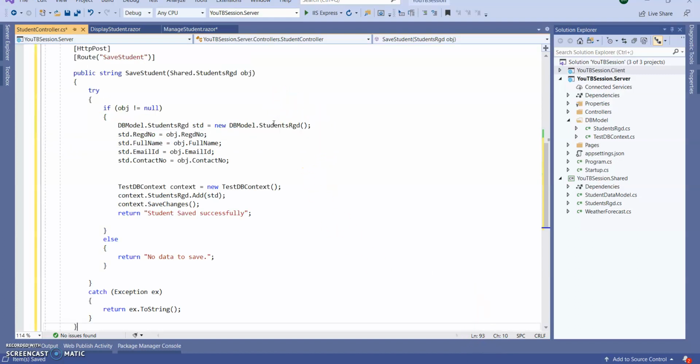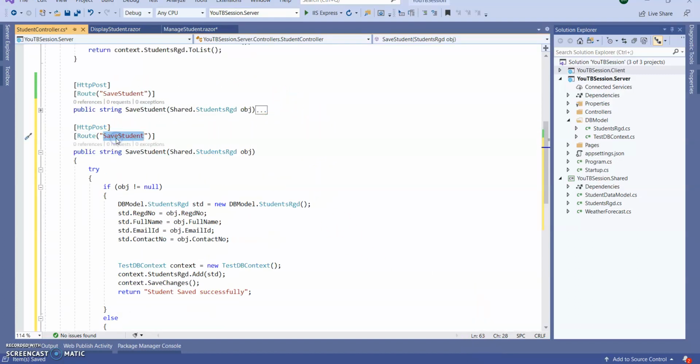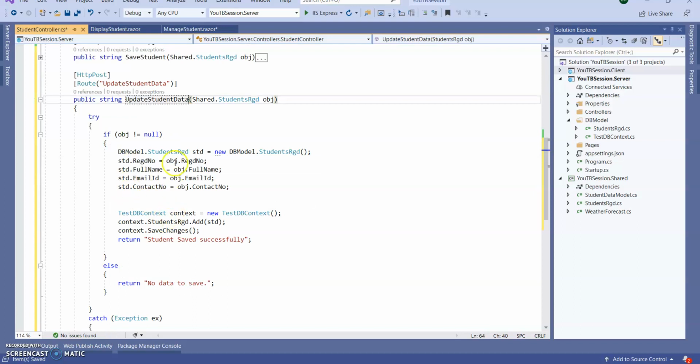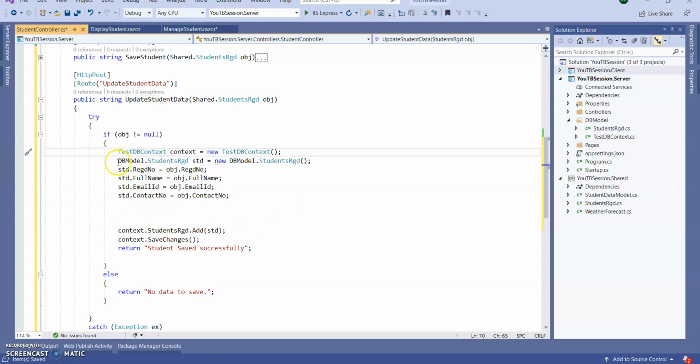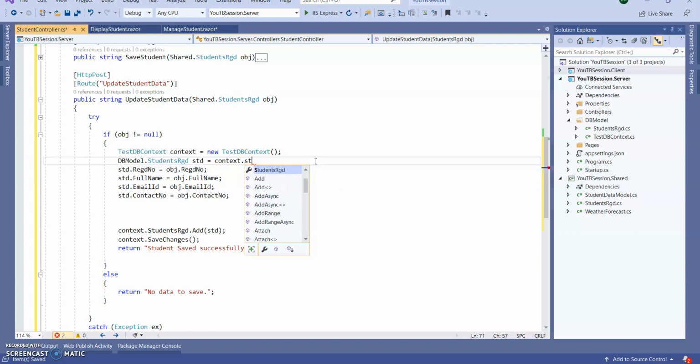Okay, change it. Here I am going to be a little bit tricky. So what I'm going to do, I'm declaring this one straightforward, context dot student registration.